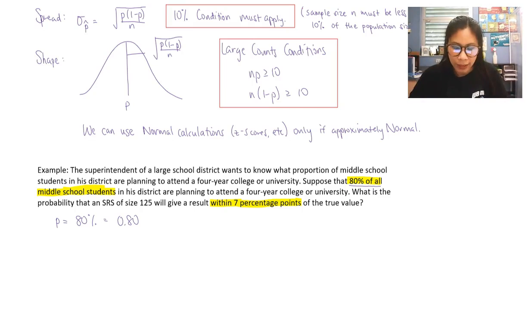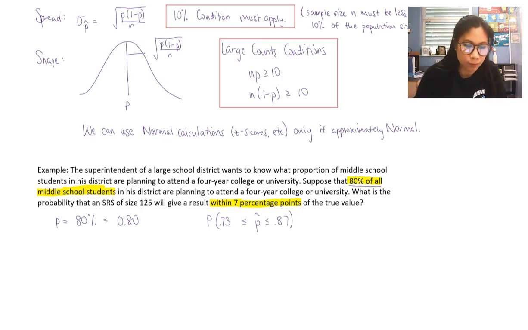Okay, then they're asking about what is the probability that an SRS of size 125 will give a result within 7 percentage points of the true value. Well, our true value is at 80%. So within 7 percentage points means we're looking for the probability that our sample proportion is going to be between 73% to 87%,